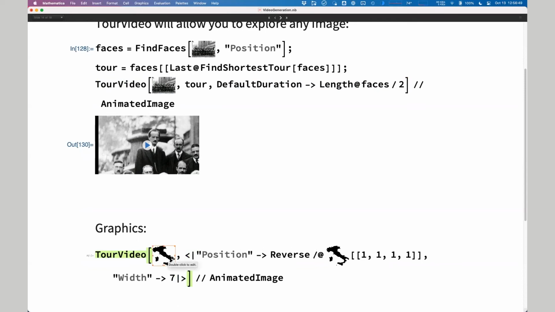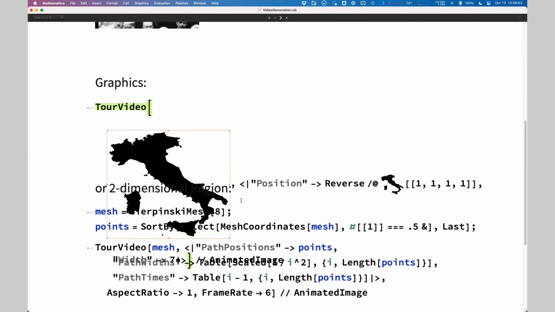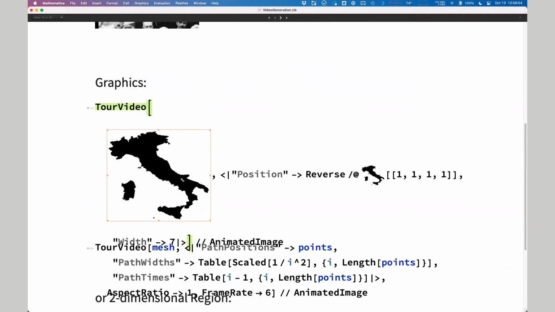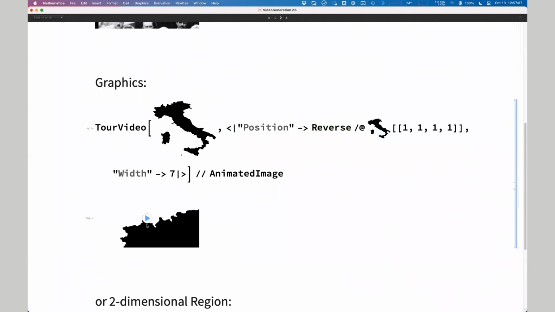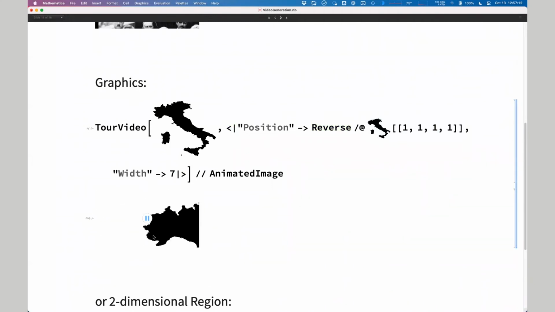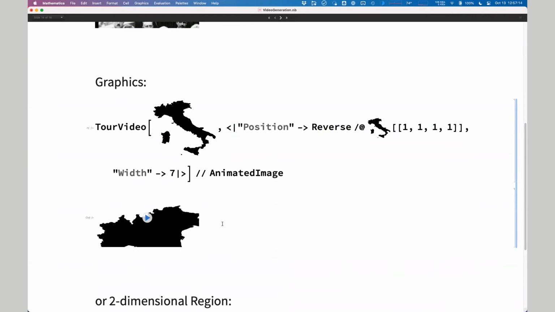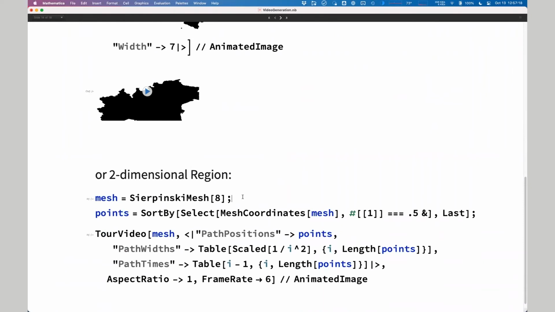In this case, I have a graphic of a polygon of, oh, wow, that is messy, of a polygon of Italy. And here I am just collecting the points that make up that polygon. So if I evaluate that, I will slowly cycle through the border of Italy. You can also take any two-dimensional region. In this case, I have a